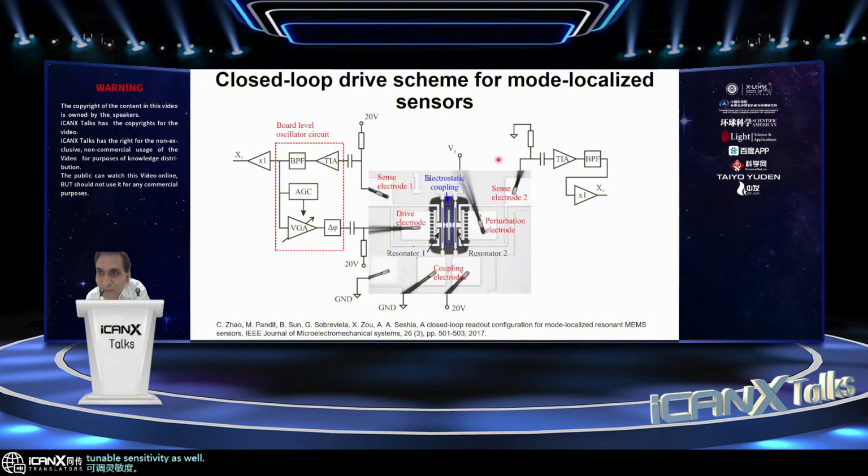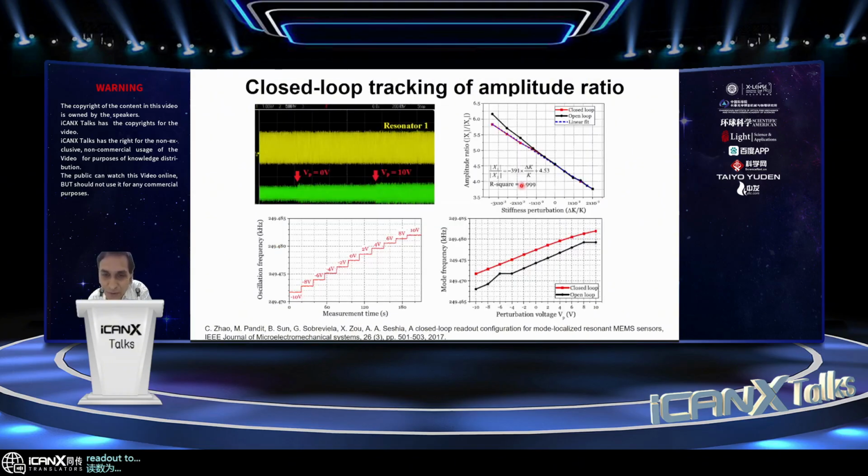Chen Zhou from my group later demonstrated a closed loop operation for these sensors. And the idea was to close the loop on one of the resonators using the standard oscillator architecture, and then record the amplitudes of response from the two coupled resonators, and then do a ratiometric readout to look at the response. So this is a comparison in that JMEMS paper of the fairly tedious open loop swept frequency responses as compared to the closed loop responses, and it allows you to do the real-time tracking of